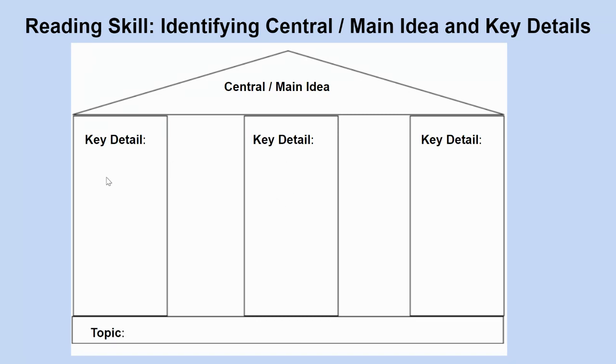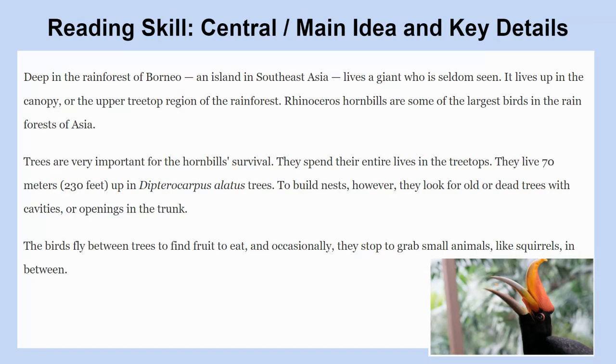These details have to be in place in order to support the central or main idea. If these details are missing or they don't support the main idea, then our roof is going to fall. Our details must be in alignment in order to support the most important point that we are reading. Notice how all of these elements of our house have to be built in order for it to stay in place. Today we're going to read a passage and we're going to identify the topic, the key details, and the